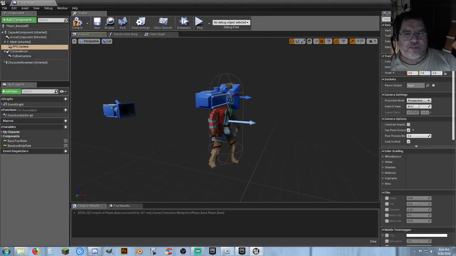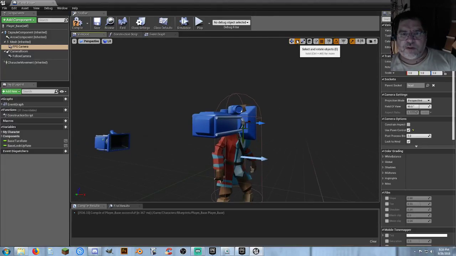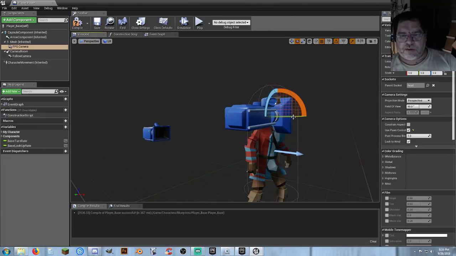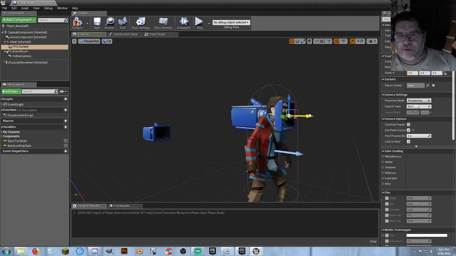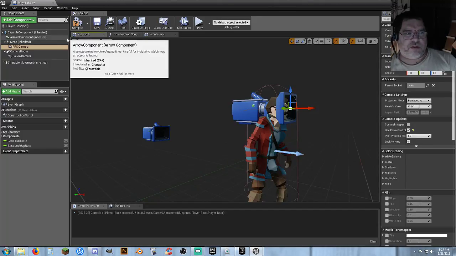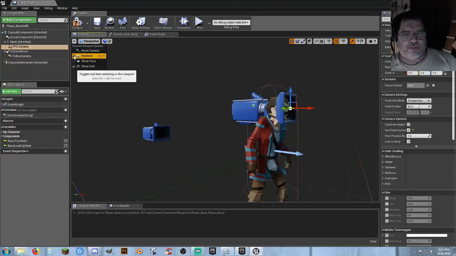and I'm going to click on yaw, turn off real time so we can stop the camera, select our rotation. We need to rotate it 90, and rotate it up 90, and I'm going to turn off snapping, and bring it forward to about here and up. So that's pretty good. If we go back to real time,